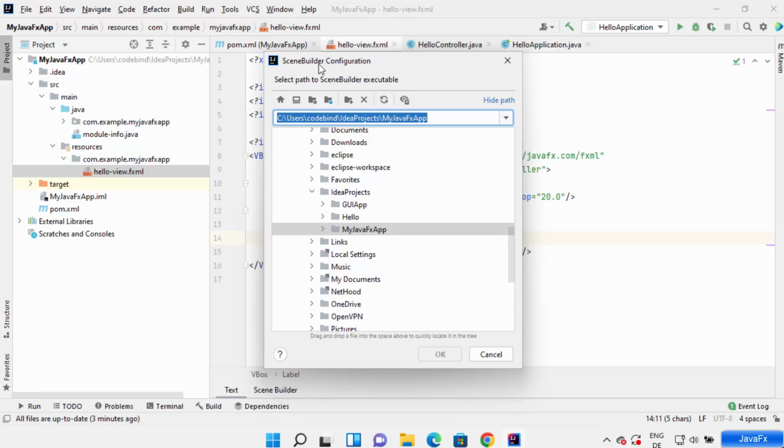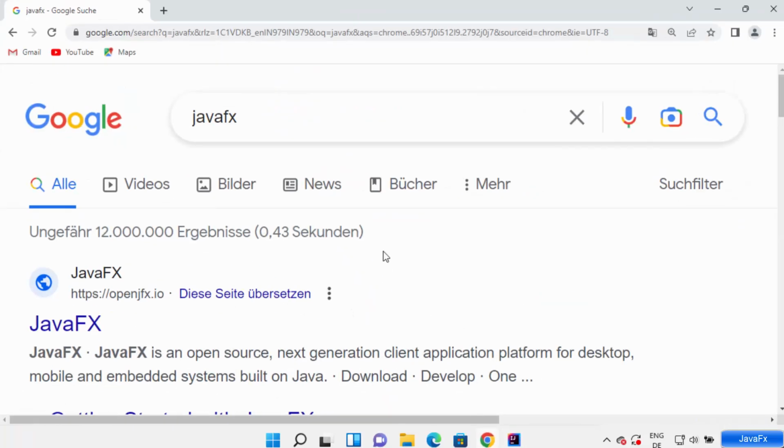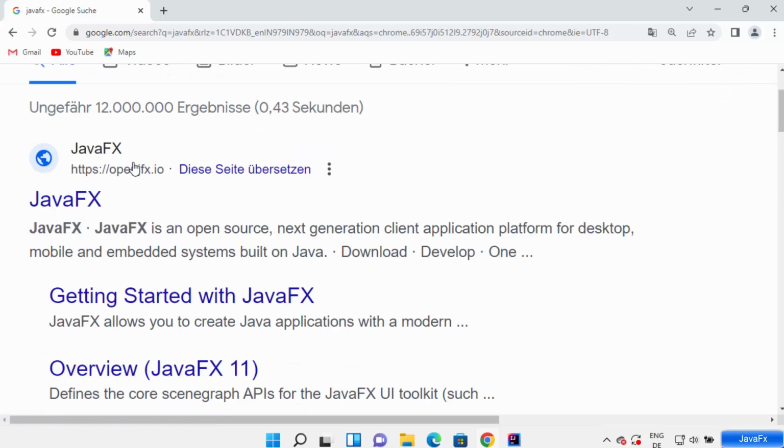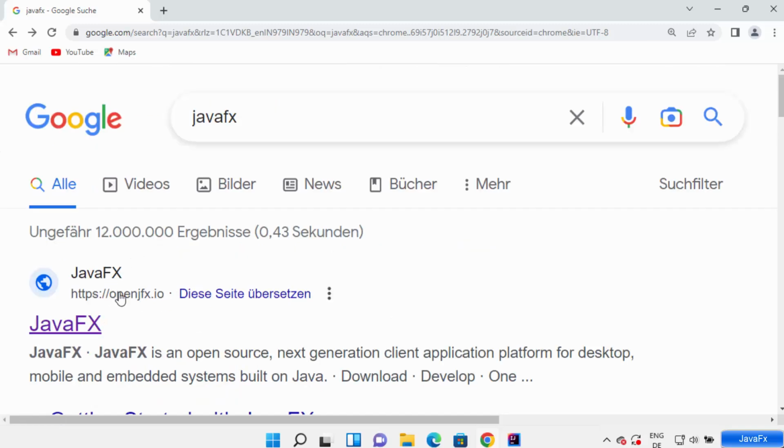Once this window opens, you can provide the executable file path of your scene builder. But right now I don't have scene builder installed on my Windows operating system, so I need to install it and then give the path to the scene builder here, right? So what I'm going to do is I'm going to just go to my browser and search for JavaFX, and the first link which will appear here will be from openjfx.io. So I'm going to click on this openjfx.io website,